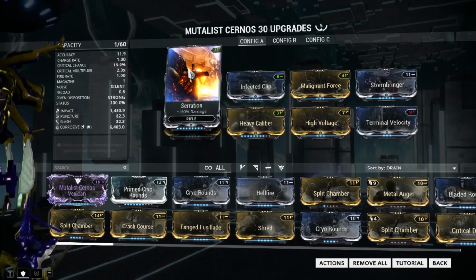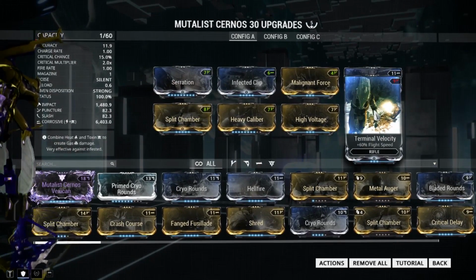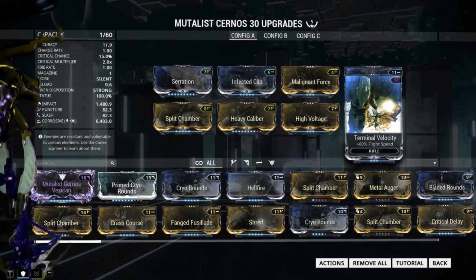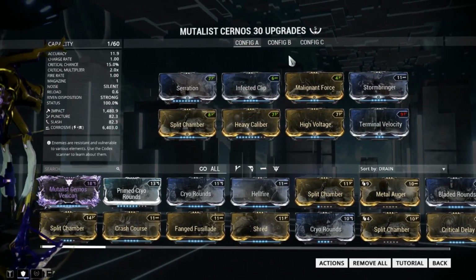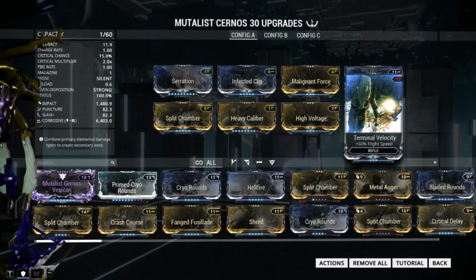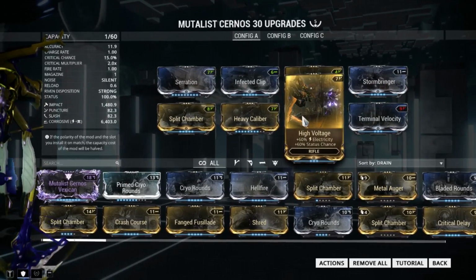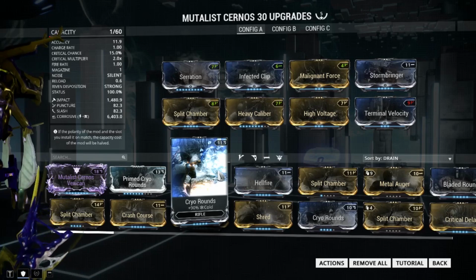You have serration for even more damage. And terminal velocity is kind of a placeholder. The arrows are kind of slow, but this will really help it out, being that it doesn't do as much damage without a ribbon mod, but this will definitely help you make up for it so you can get those headshots. And this is mainly for Grineer, being that it's corrosive,